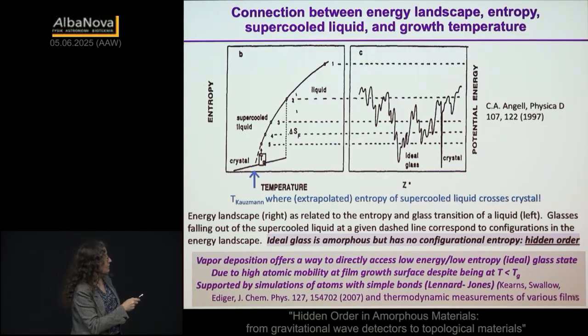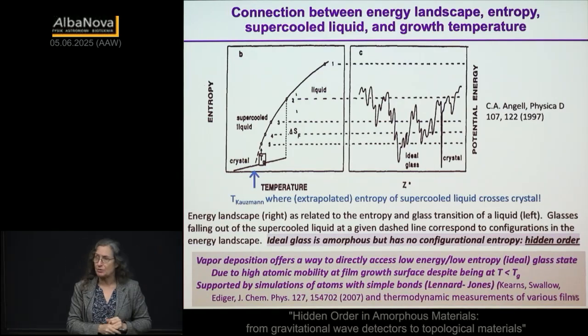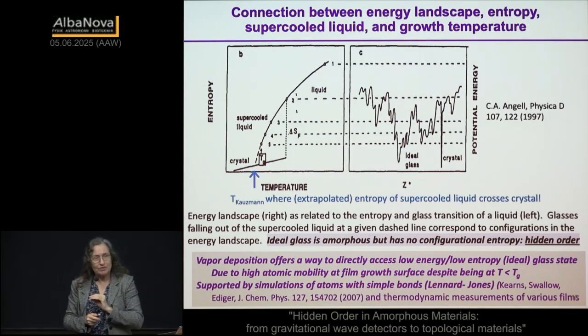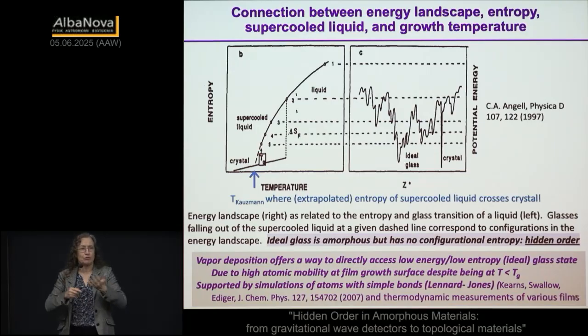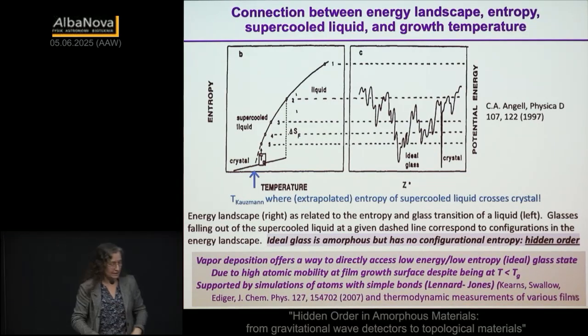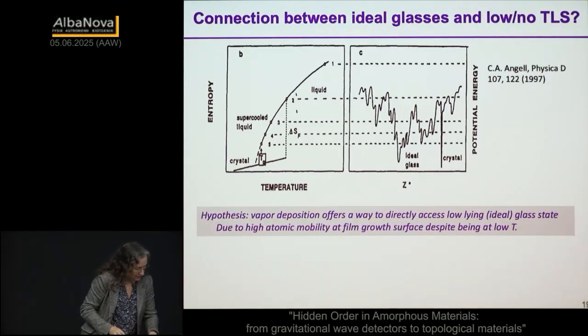So the whole point is, what you actually want to do is grow at TK. The whole magic comes in: grow the film at TK, at that temperature at which that is the equilibrium state. You better have enough surface mobility to reach an equilibrium, but the idea is to grow at TK. If you can grow at TK with a good surface mobility, then you hopefully reach that state. And the connection now to everything else